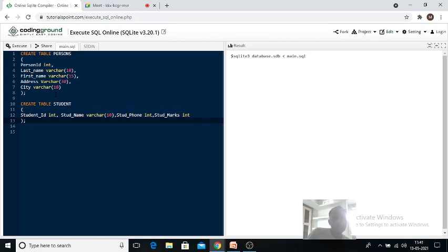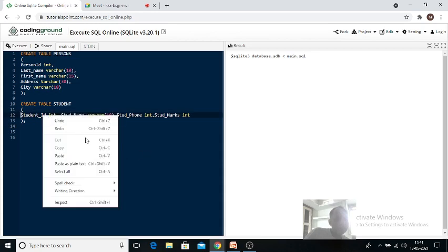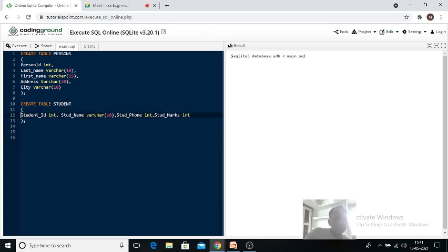It ends with a semicolon. Here you need not write all of them on separate lines; you can write it in a single line also. From here to here, the first column is student ID and its data type is integer.